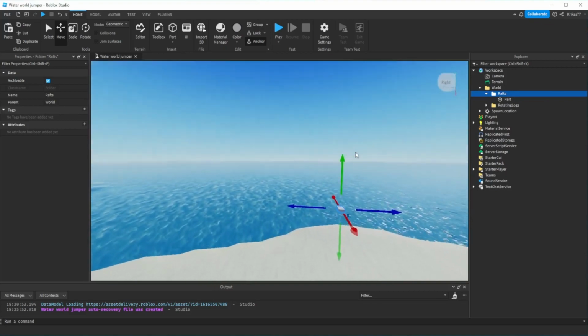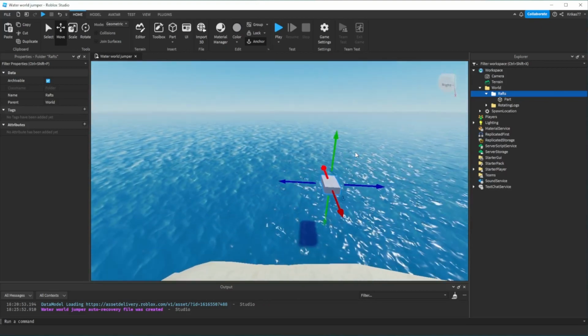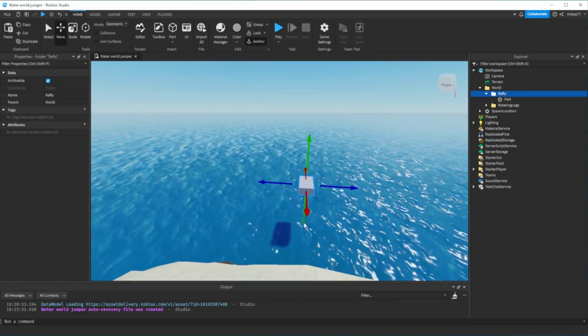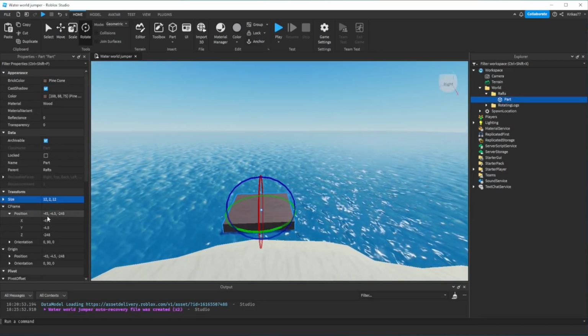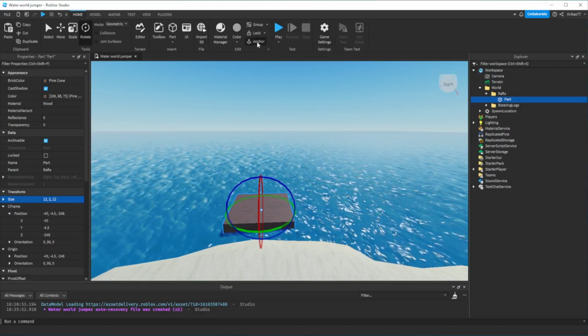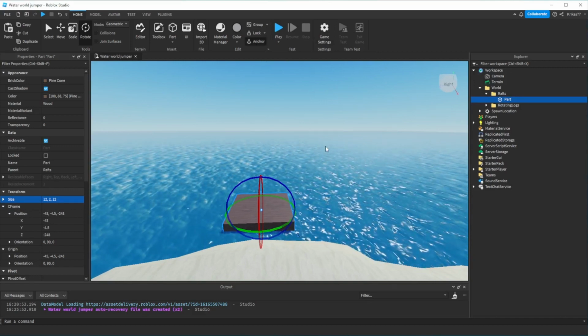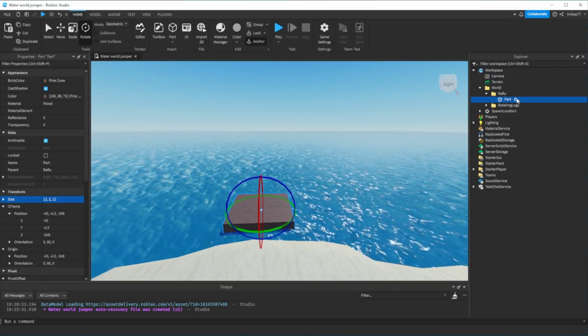Now, let's introduce a new obstacle, the Raft. In the Raft folder, we have a Raft part with a Lua script. The script uses tween service and run service to create a smooth movement for the raft. It duplicates the Raft part to have multiple rafts, and each will move in different directions, adding a challenging element